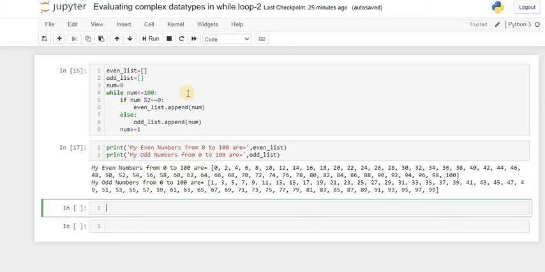The format in the print statement is %5.1f. The meaning of this is that your Fahrenheit will be in decimal values. So I'm going to take a floating type data value represented by f, that is %5.1f. It means before the decimal point it can take up to 5 digits, and after the decimal point it is going to consider only 1 digit. The last line of the while loop iteration will increment the value of the index by 1. Now let us execute this.